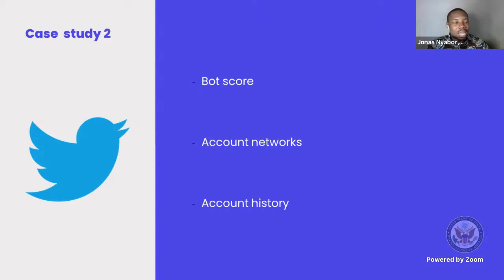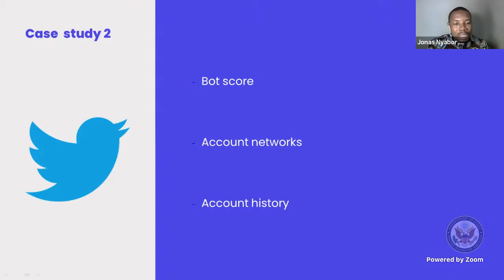So you either see things like, why is it that within these 4 particular accounts, anytime this person tweets, the 2 others automatically retweet. And anytime one is tweeting, they mention the 2 others in the accounts. All these things are things that you're able to use to identify a network in operation when it comes to disinformation campaigns. And also account history, looking back to what the person used to talk about and what the person is talking about now. So there's a report I did recently. So all these examples are evident because the report focused a lot on Twitter.